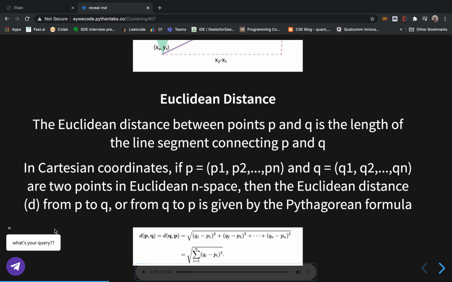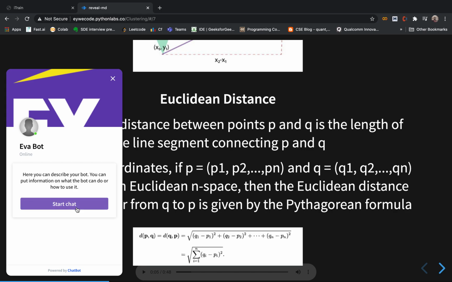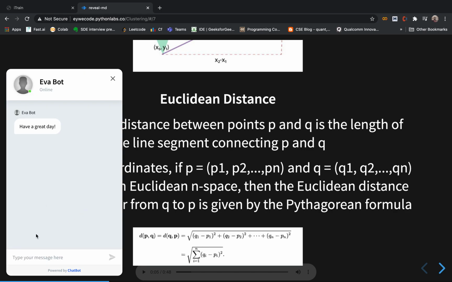Now let's say the student has some doubt, so where will he ask it? In real time he can go to our chatbot named Eva. He can say start the chat. Now Eva is here. He can ask his doubts, like what is distance matrix? He has not understood it, so this will go to the system and the system will say the query has been received and the instructor will be in touch with you shortly. The instructor will see it at his convenience and will reply to Alex, and Alex will get the reply within his mailbox after he has taken the course.